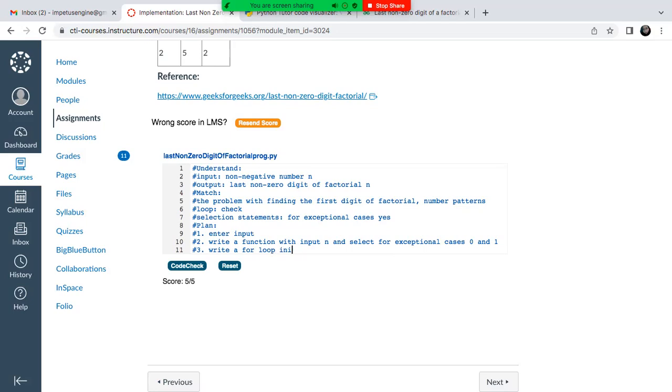Initializing fact with an initializer, to iterate over the factorial product of the i's from 2 to n plus 1. And then we write